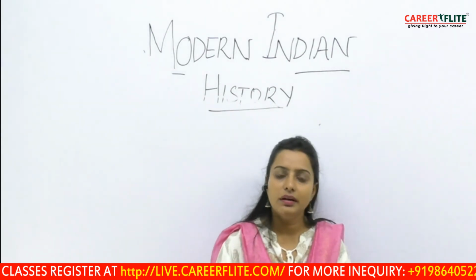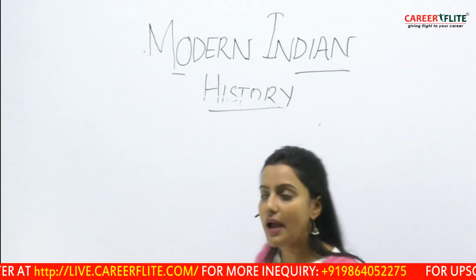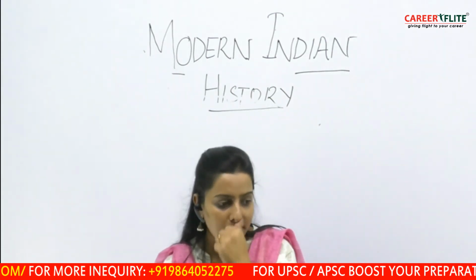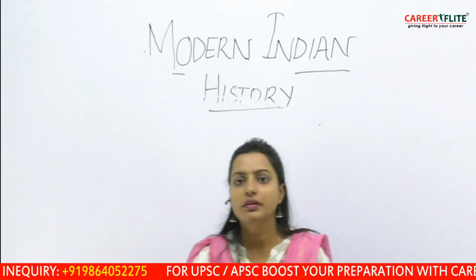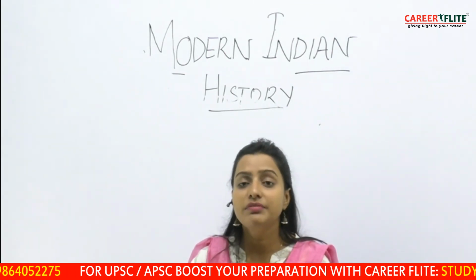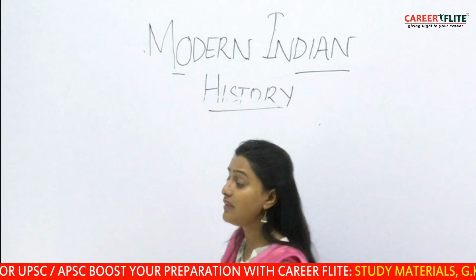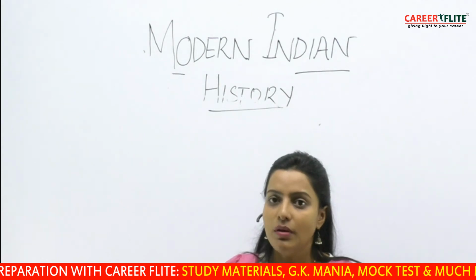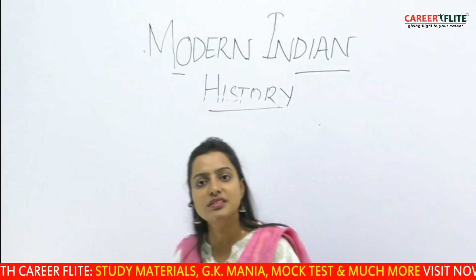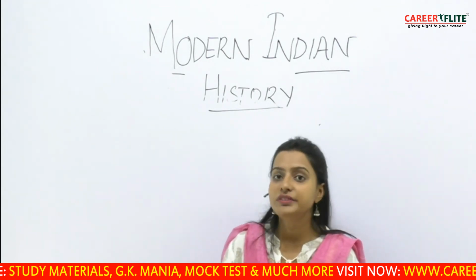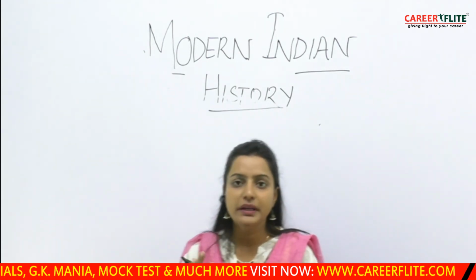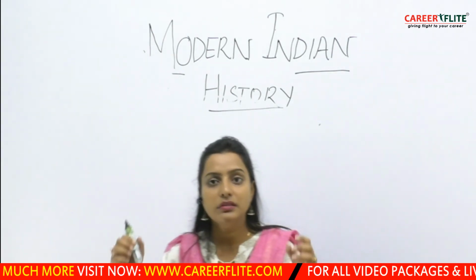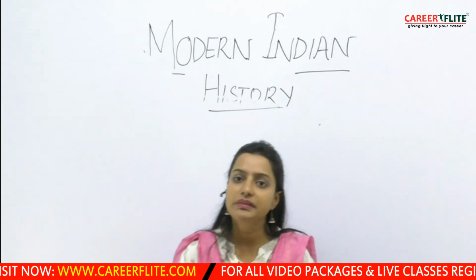Now, according to this non cooperation movement, people were to non cooperate with the Britishers. Now, when we see Britishers were exploiting the Indian people to a very large extent, people started protesting among themselves. When Gandhiji came into picture, actually the masses of India got a bit of confidence in them, and they started viewing Gandhiji as a mass leader. And that was the time in Jallianwala, a small park was there, and people actually assembled there to organize a